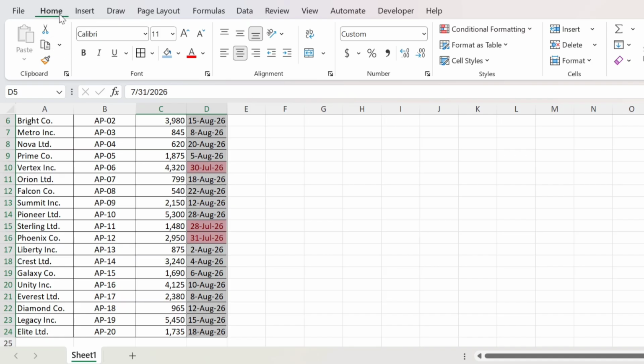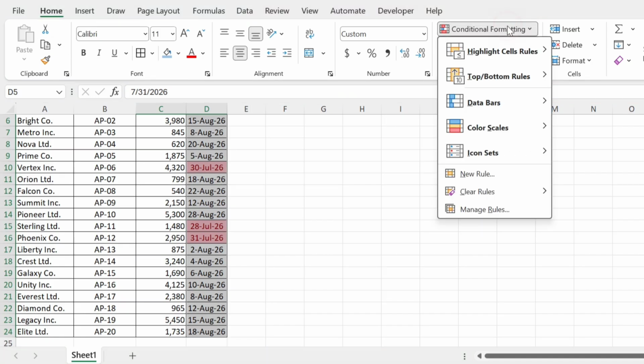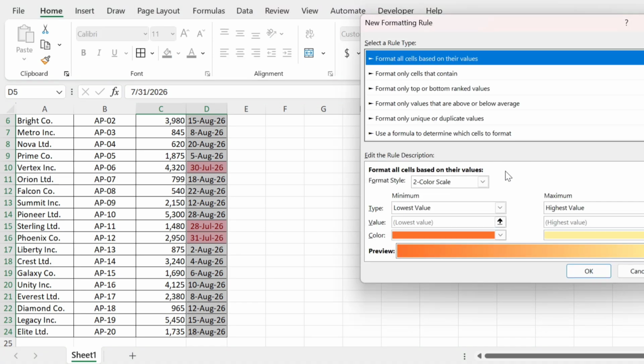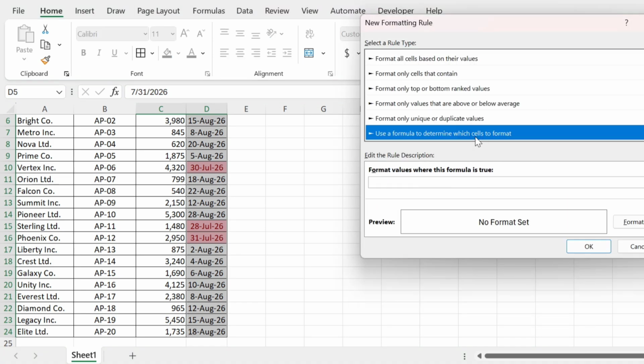Go to Home, then again conditional formatting. Choose New Rule. Now select Use a formula to determine which cells to format. This option lets us create our own custom condition. In the formula box down here, type the formula